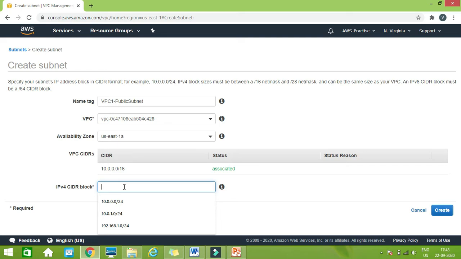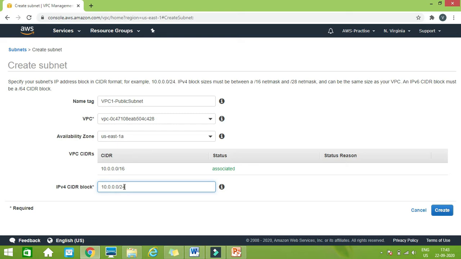Then what is the range or block of this subnetwork? We can give 10.0.0.0. We have the VPC defined by 10.0.0.0/16, so here we can, let's say, give /24.